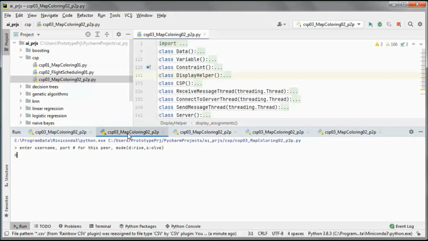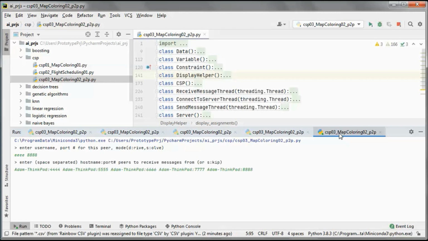And the other 4 will be trying to find a map coloring solution. And they will all be sending and receiving messages from each other.